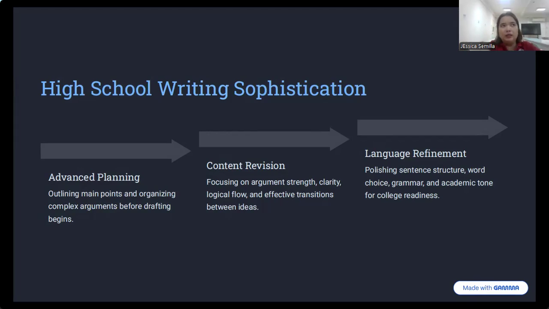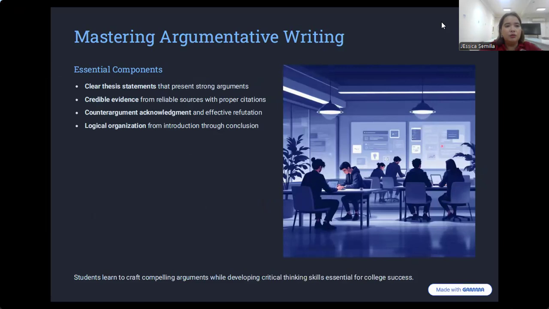So if you're going to look at it, since they are done with the elementary, the ideas will be coming in a little easier than when you were in elementary. Because here, we are expecting that you're good already in terms of structure. You are good already in terms of getting and then providing information. It's easy for you to clearly present your logical reasoning in terms of writing. So again, in high school, we are very particular with, you should have taught already the students how to organize their thoughts systematically and then put it in writing. All right. So let's proceed.